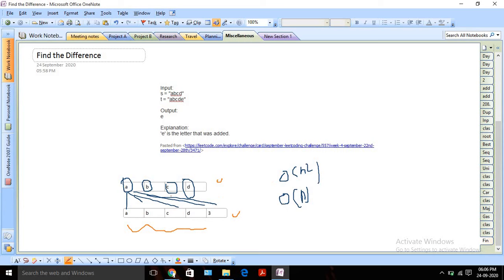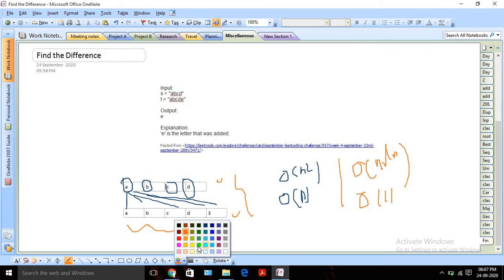So if we use sorting here, obviously the time complexity will be reduced. For sorting we need at least order of n log n time. In case of space complexity, it will remain order of 1, since we are not going to use any extra space. Okay, so that can be our second approach. We can sort, then compare in linear time, but still for sorting we need order of n log n time, so the time comes to be order of n log n. And what can be the other approach?